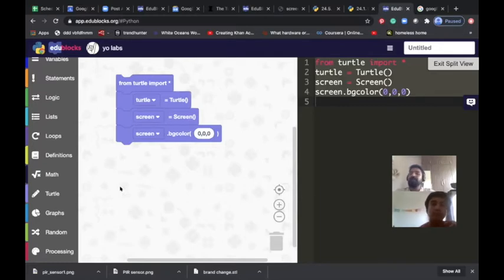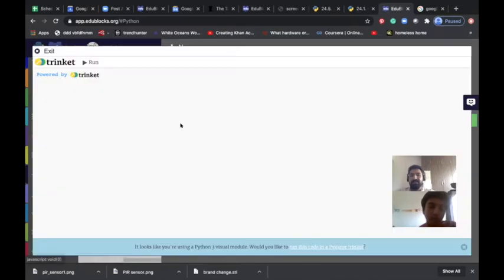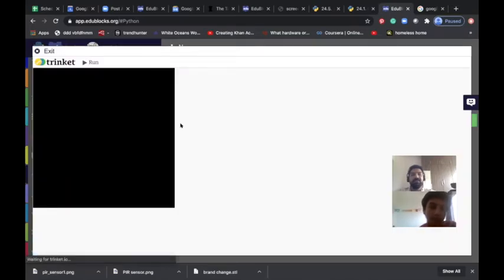So now tell me what could be the white? If black is 0, 0, 0, you can get a hint what could be the white. So for white we need a presence of everything. Yes. Presence of everything, everything fully present. Like 999? No, 255 is the maximum. I will tell you later on why 255. Like, did God give the number 255, or where did this number come from? Everything should have some sense.